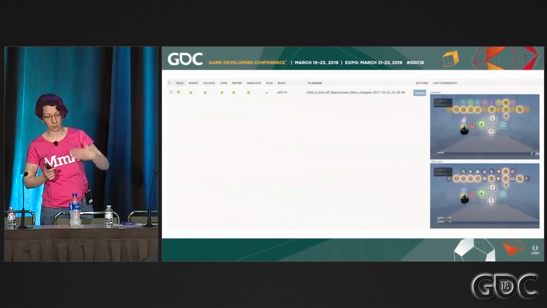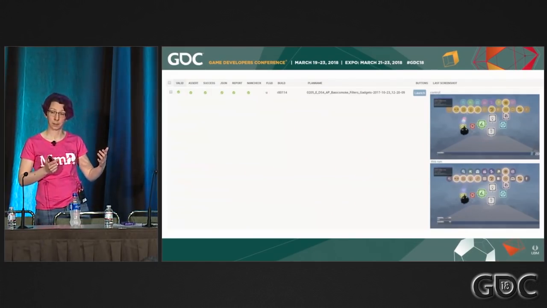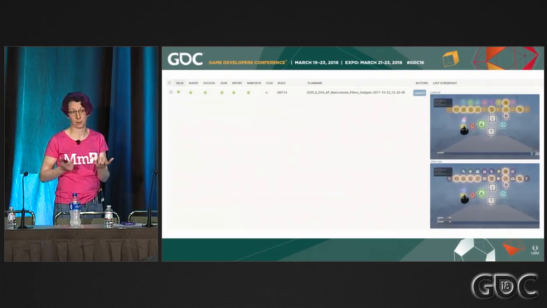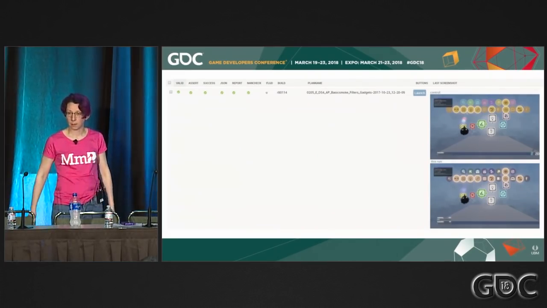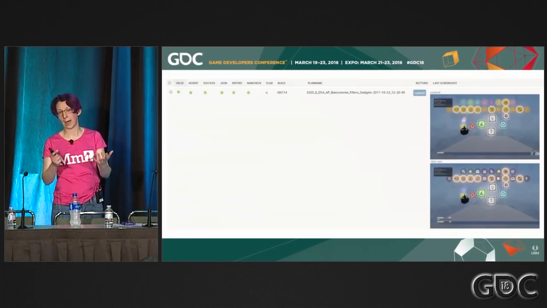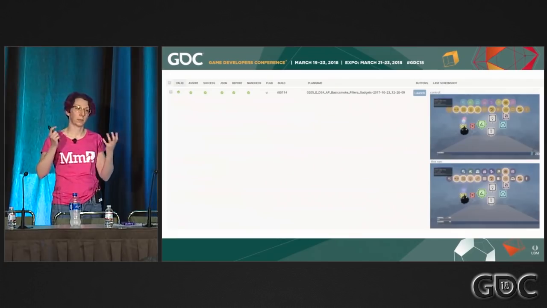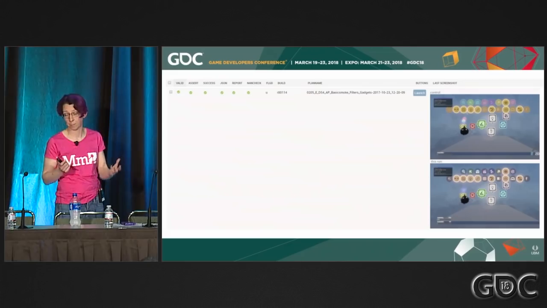Then for every subsequent run on later builds, we would diff the JSON game state, and you would be able to see if it had changed. But it turns out that's quite brittle, because people add things into the game state, they take them out, things move around, and a diff of a JSON game state is not very useful to a QA person to know whether a replay is doing the right thing.